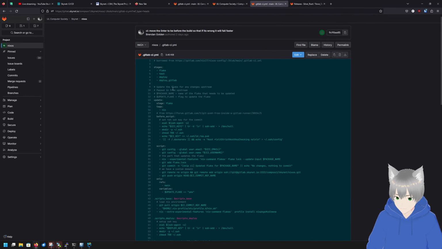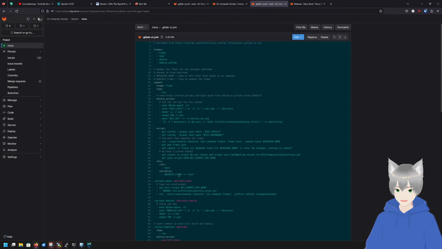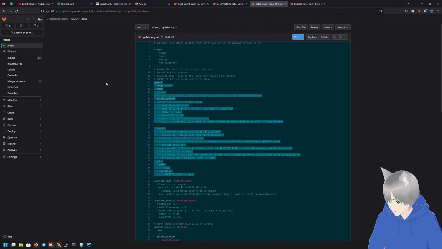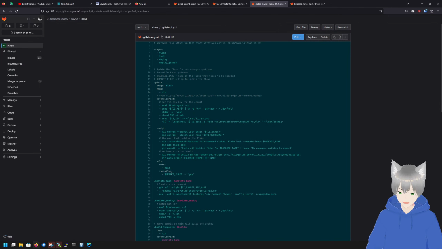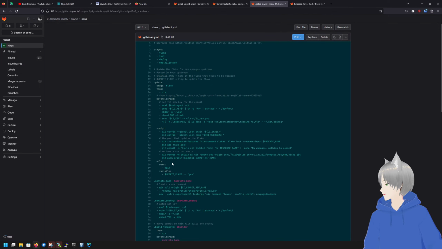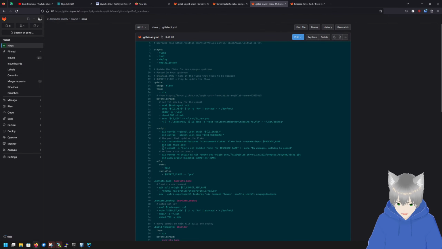So here in the NixOS, we are expecting 2 variables. We have the update flake. So this job update flake will only ever run when the update flake variable is yes. Which is why you don't see it run every time if you look at the pipelines.